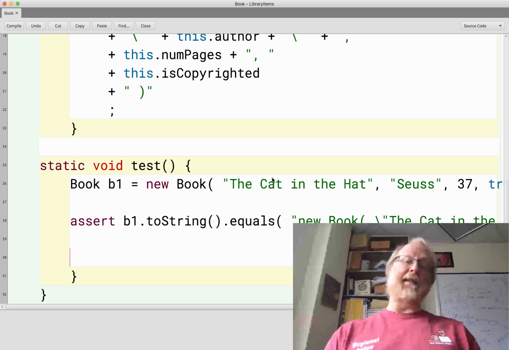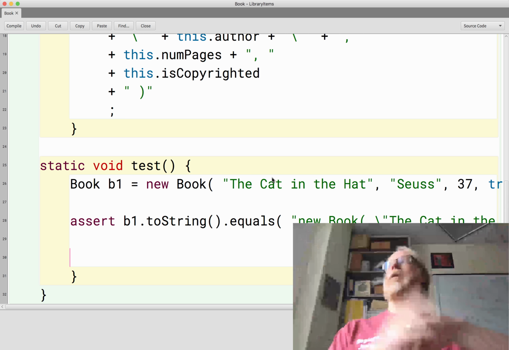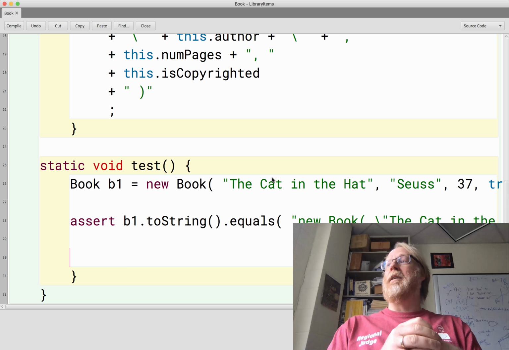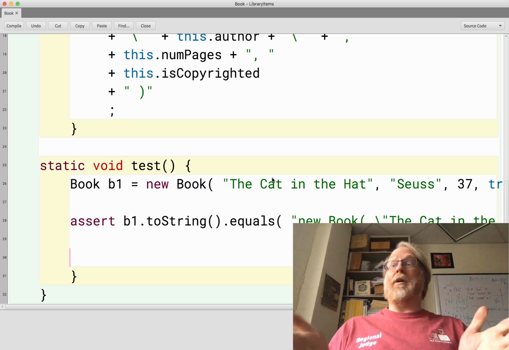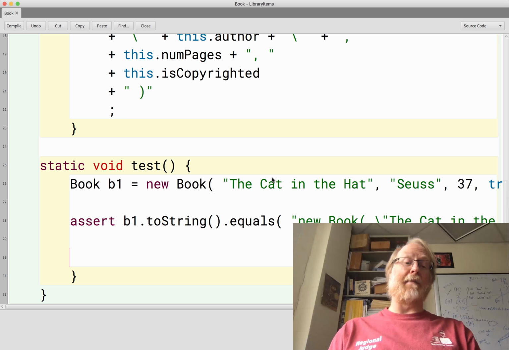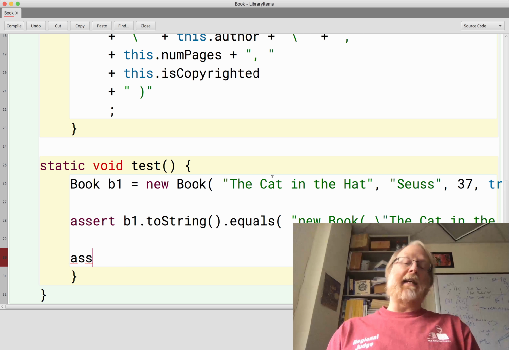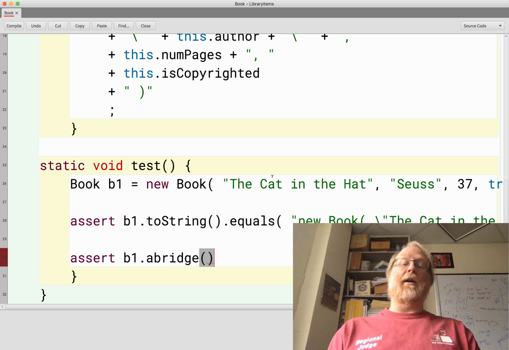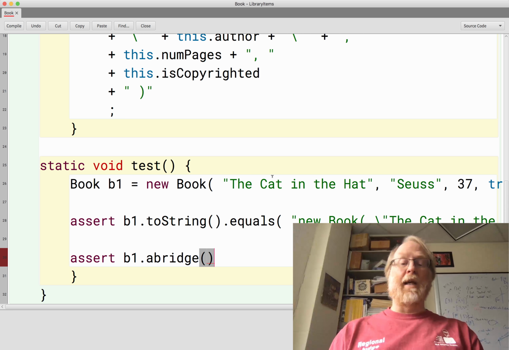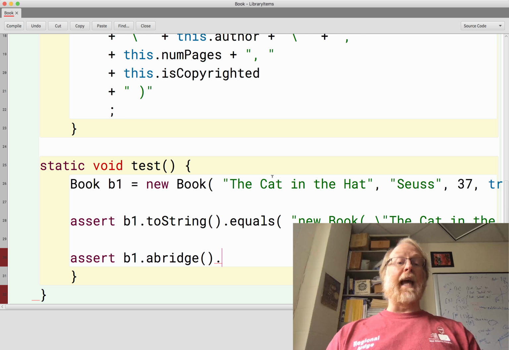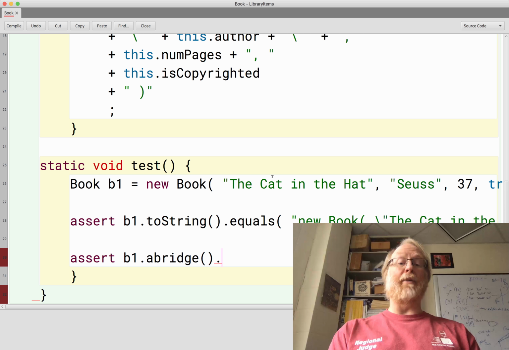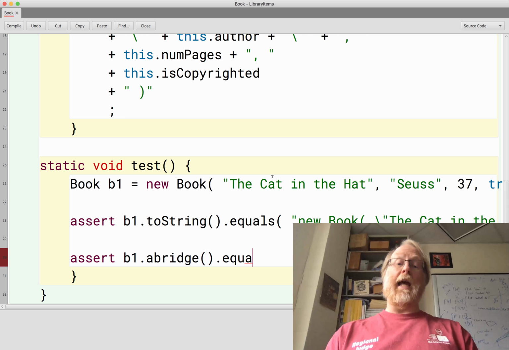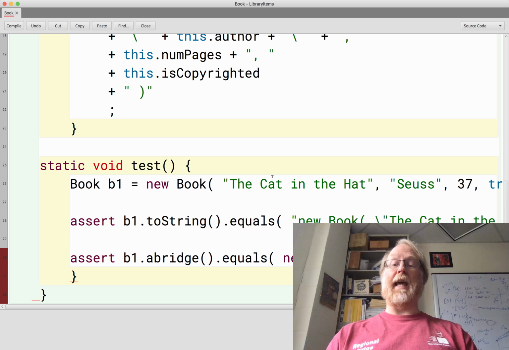But I want to be able to say things in the future if I were to add a new method to this class Book. So maybe I'm going to make a method that abridges a book by taking out some of the pages or something like that. Once I've written that, I want to say, hey, assert that b1.abridge, whatever that maybe cuts the number of pages in half. I want to say that when you call b1.abridge, you get back a whole new book, and the book you get back should be equal to new Book with the same title,